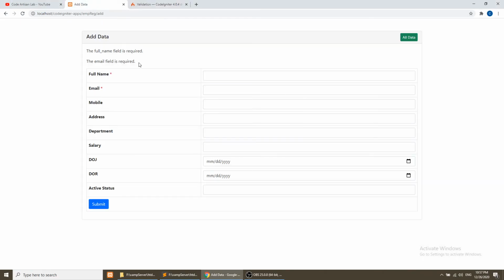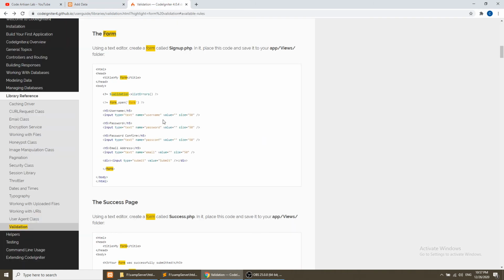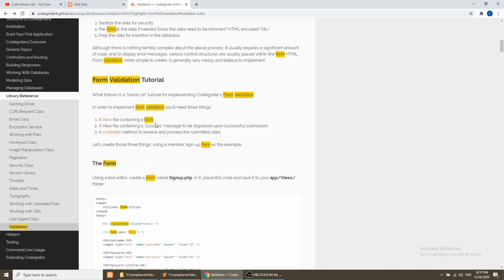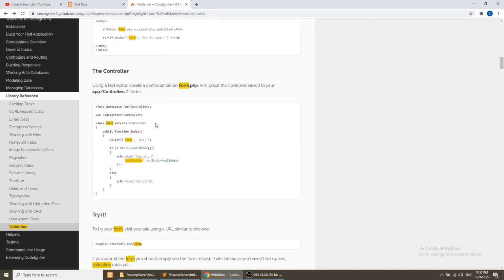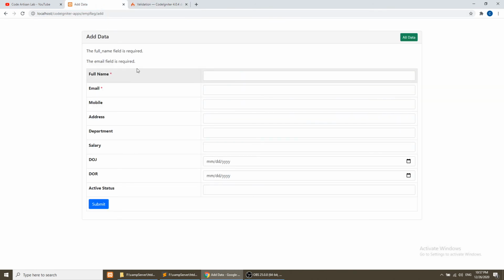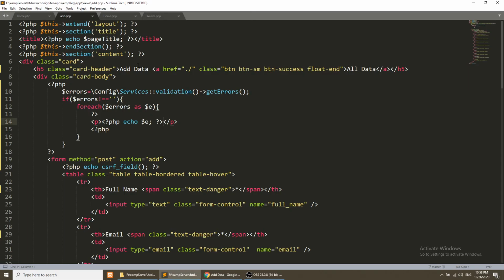In this video we will learn how to add the errors, and if you want to go deeper, then you can follow this documentation. They have explained everything. I have just started how we can implement this form validation in CodeIgniter 4. Okay, so we have errors, and we are showing them with a condition.